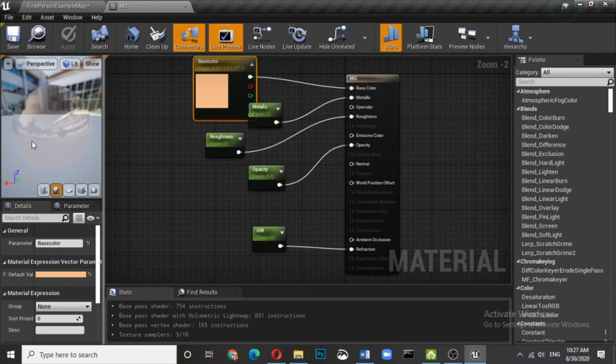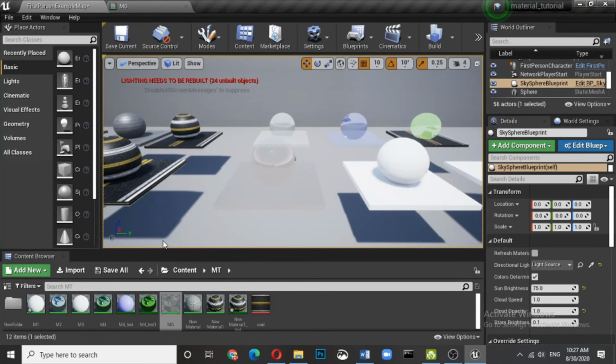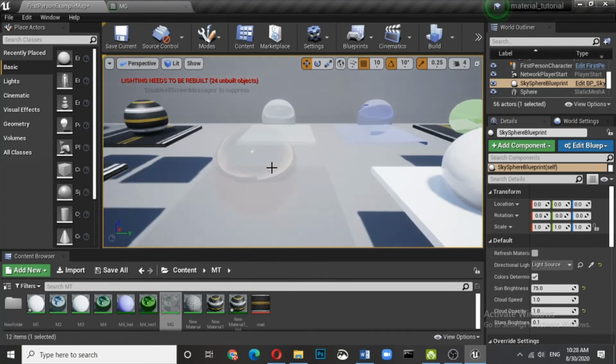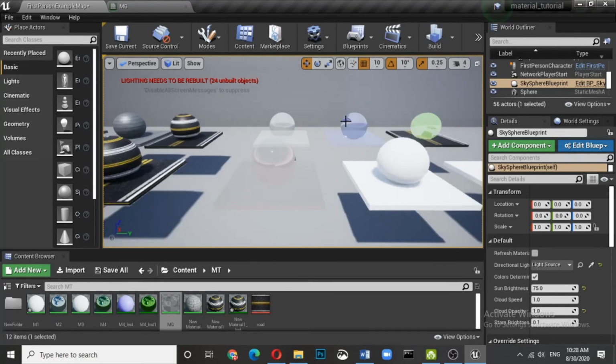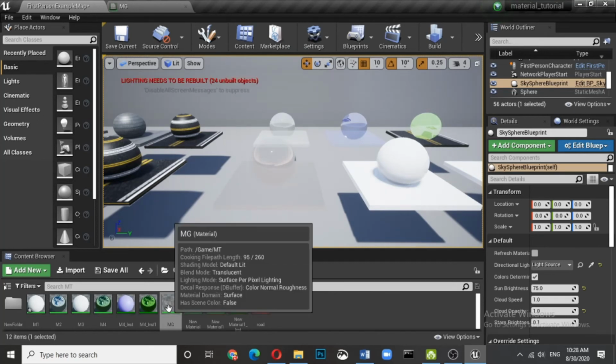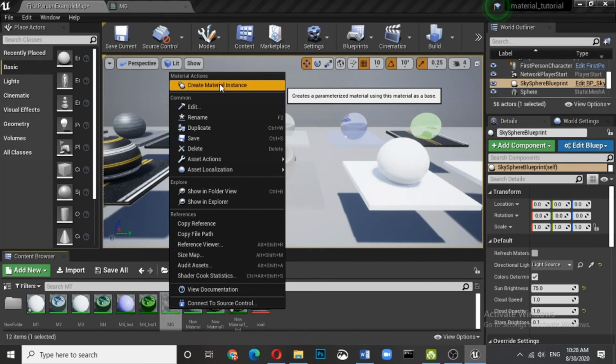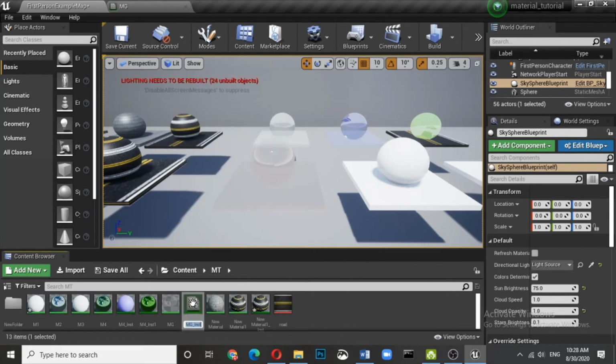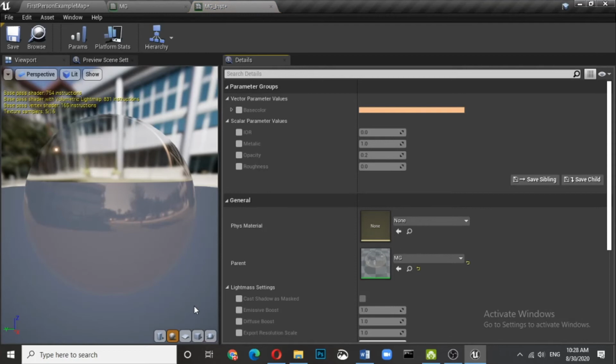So here you can see a nice glass material. Let us apply it here. It is already tinted, so you can change the color. Now what I was doing is creating material instances where you can make all the changes you feel like.